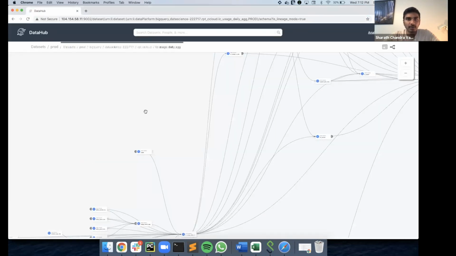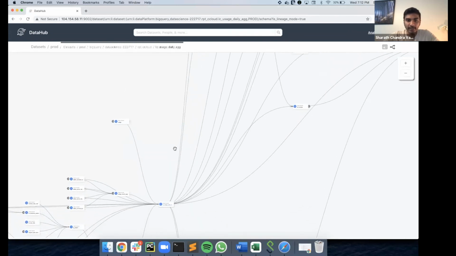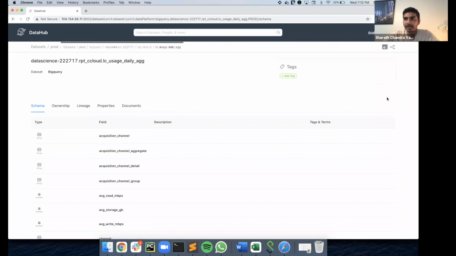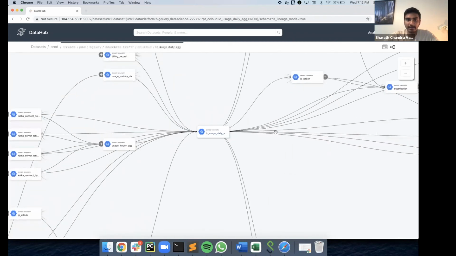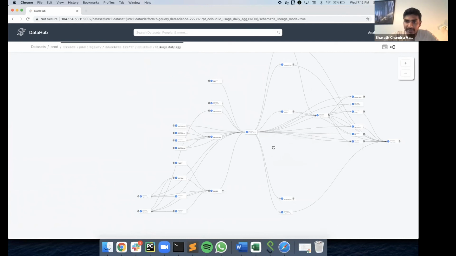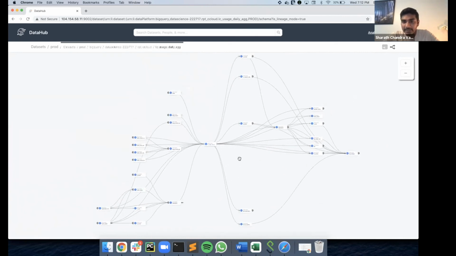So when we look at the data here, we have a lot of different tables, and for the purpose of this demo, I've just selected one table. This particular table has a hierarchy. When we look at the hierarchy, we have a lot of downstream and upstream dependencies, and within these, the nested upstream dependencies will also have subsequent dependencies.